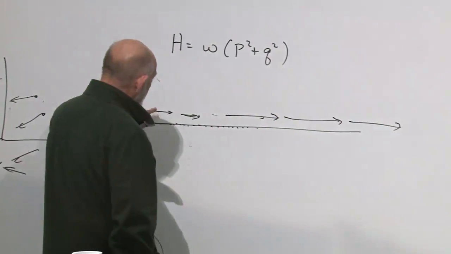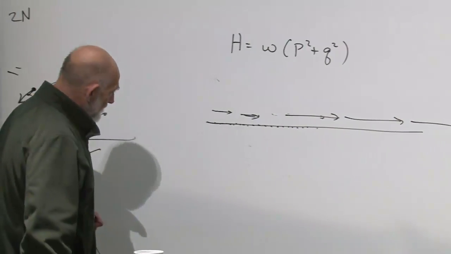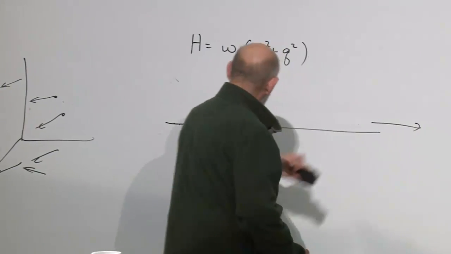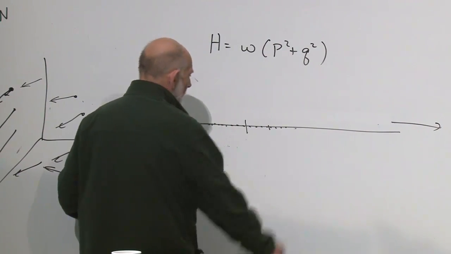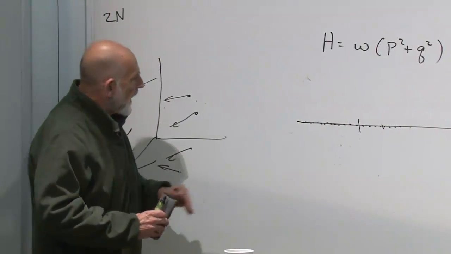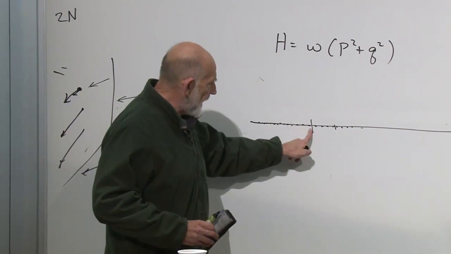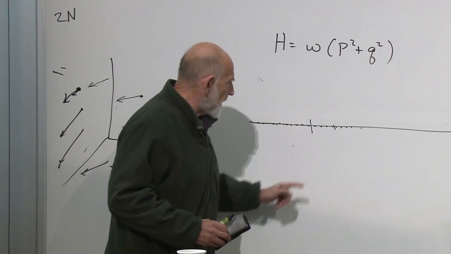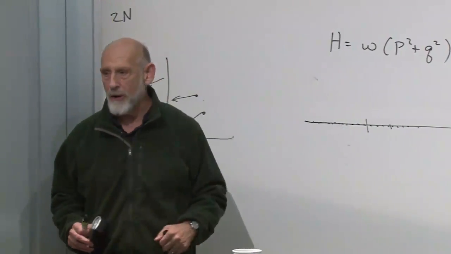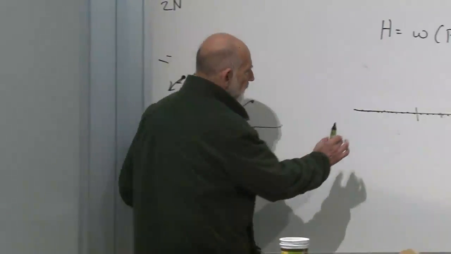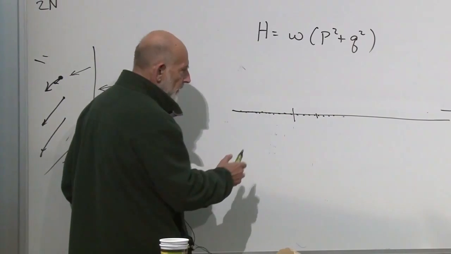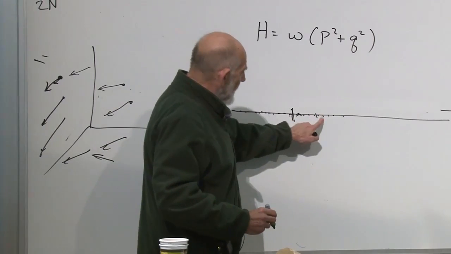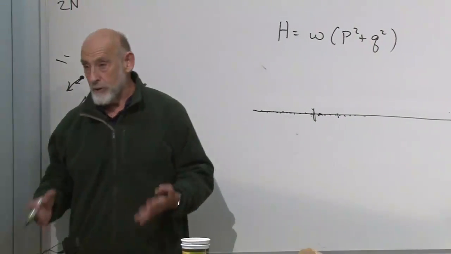So one aspect of the incompressibility is that if we look at a little segment of the fluid here, as much stuff comes in here as goes out here. The number of molecules that come in from here has to be the same as the number of molecules that go out here. Or better yet, the volume of a fluid in a small amount of time that passes into this little region here had better be the same volume of fluid that passes out of it.